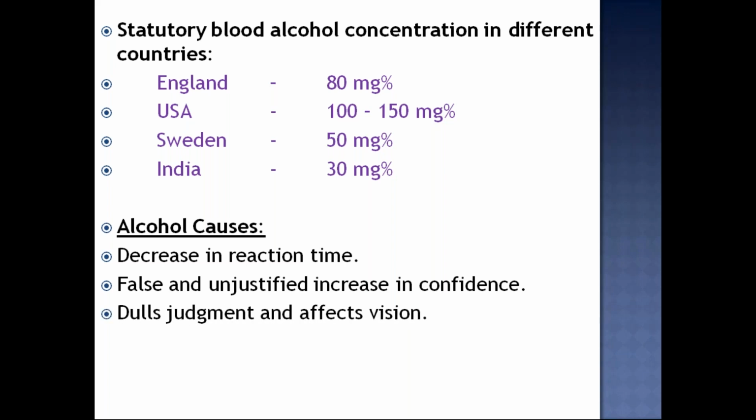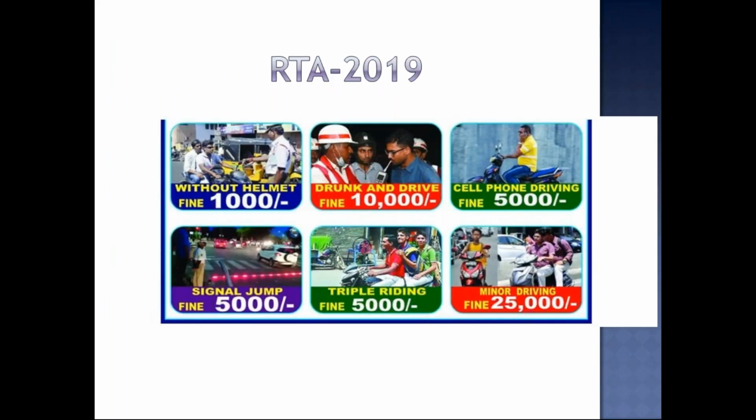And then it dulls judgment and affects vision. So it will cause poor vision. Particularly the night vision will be a problem, and the judgment will not be fair. The person cannot judge fairly while driving, and the confidence level will increase, and the reaction time will be affected. So these are the Road Transport Authority 2019 changes that have been made, and these are the fines and